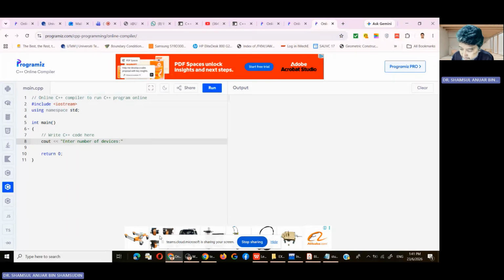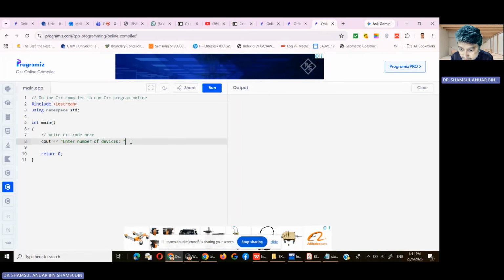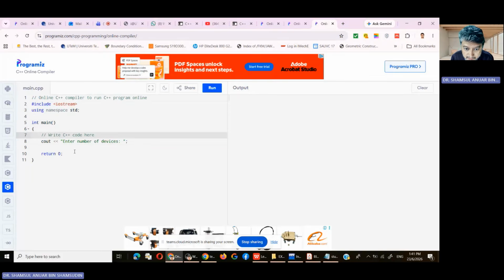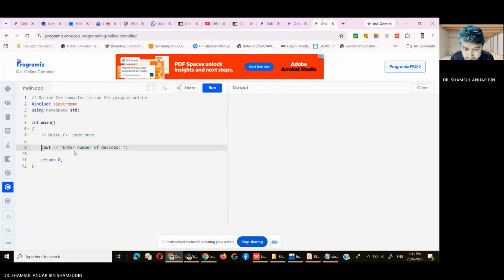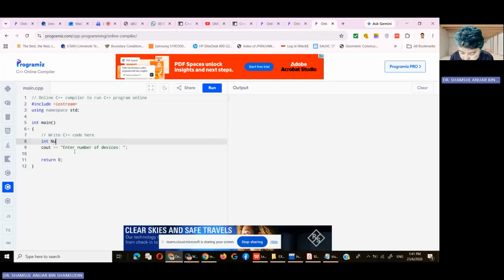So that is one input, and don't forget the semicolon. You need to declare integer num, katakan num. Num for number of devices, and